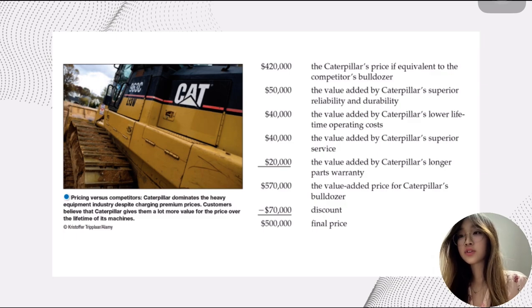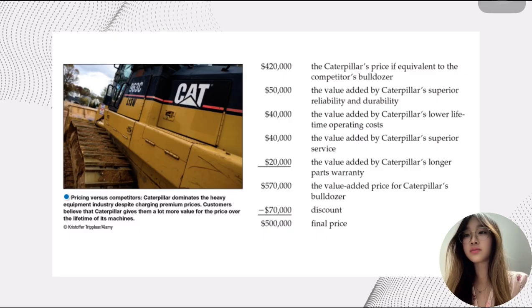This breakdown shows Caterpillar's brilliant pricing strategy. They start with the competitor's $420,000 bulldozer price, then calculate their value additions. First is $50,000 for superior reliability and durability, next is $40,000 for lower lifetime operating costs, and $40,000 for superior service, and finally $20,000 for a longer parts warranty. This totals